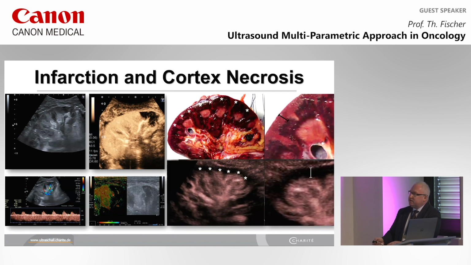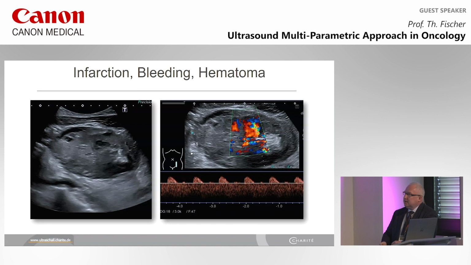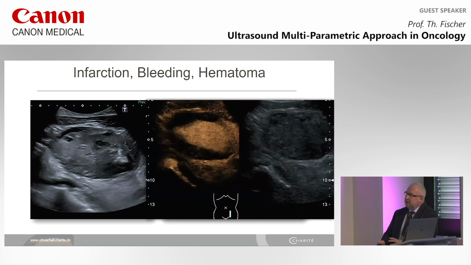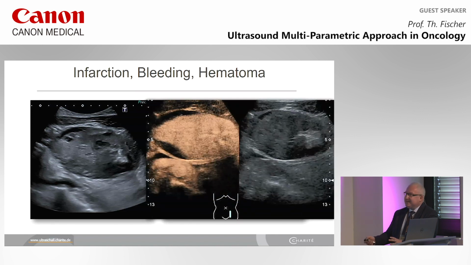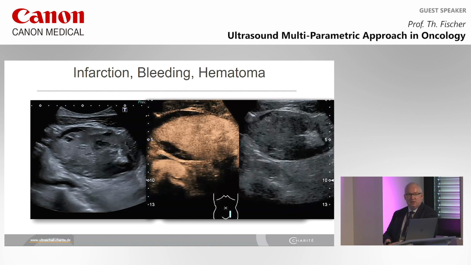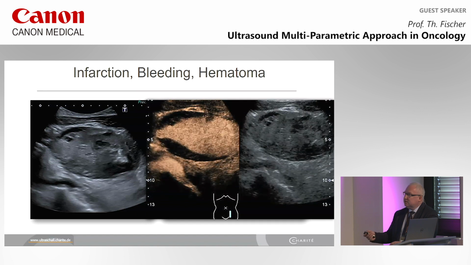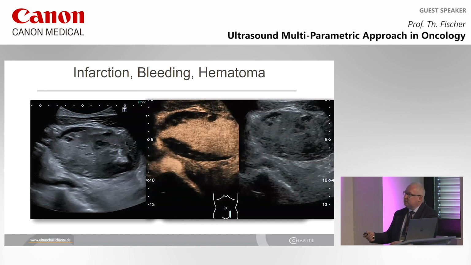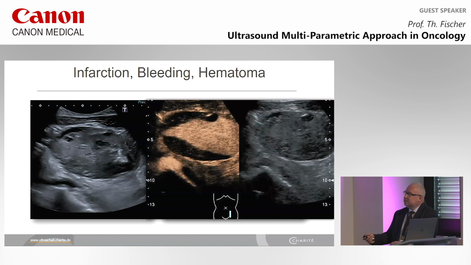This is a kidney graft recipient with the same thing. Here you can see the macroscopic view on the cortical necrosis and the absence of vascularity based on contrast-enhanced ultrasound. Infarction, bleeding, and hematoma. Look at this. This is conventional ultrasound. And now this is everything together. What does it mean? We can have 4 different diagnoses in one situation. It takes 2 minutes. Hematoma, active bleeding,